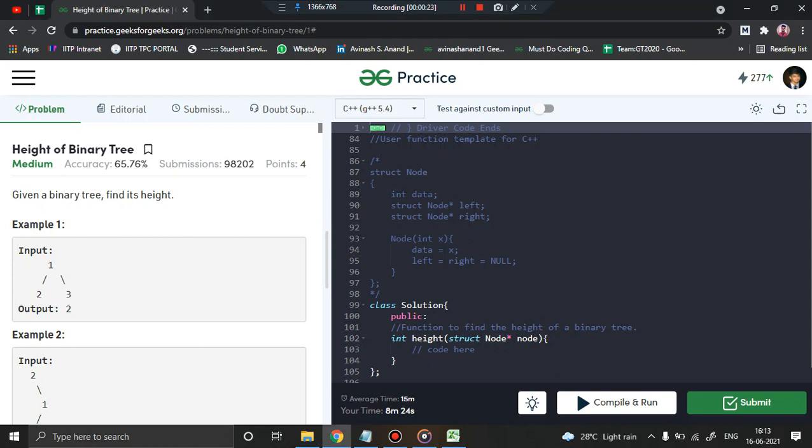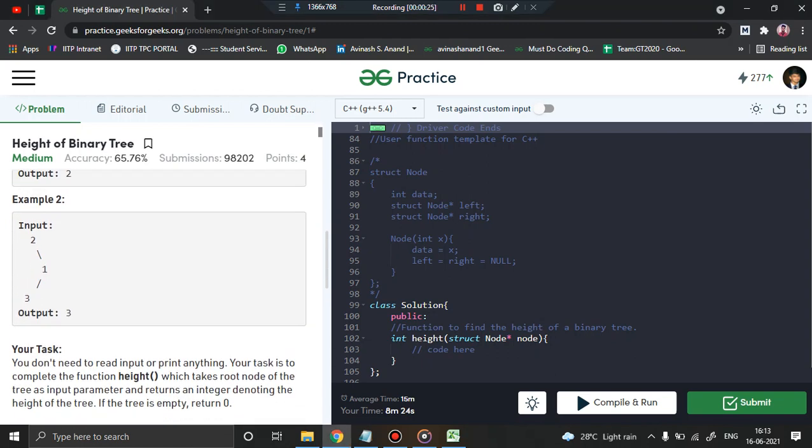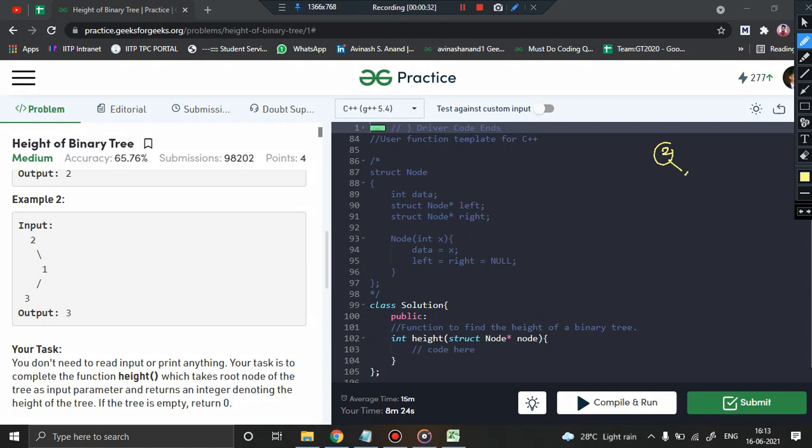Now what is the height of the tree? You can see clearly, for example, suppose we have a tree 2 1 3. So the height of the tree is basically the number of nodes in its path from the topmost point to the bottommost point of the tree. So 2 1 3, the maximum number of nodes is equal to 3. Okay, the definition of height varies from problem to problem. So as per this problem, this is what it means, right? You can see 1, 2, and this 3, right? So the height is 3.